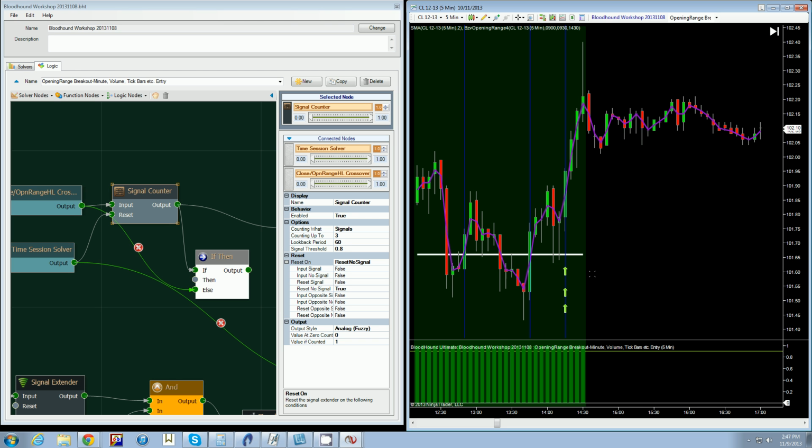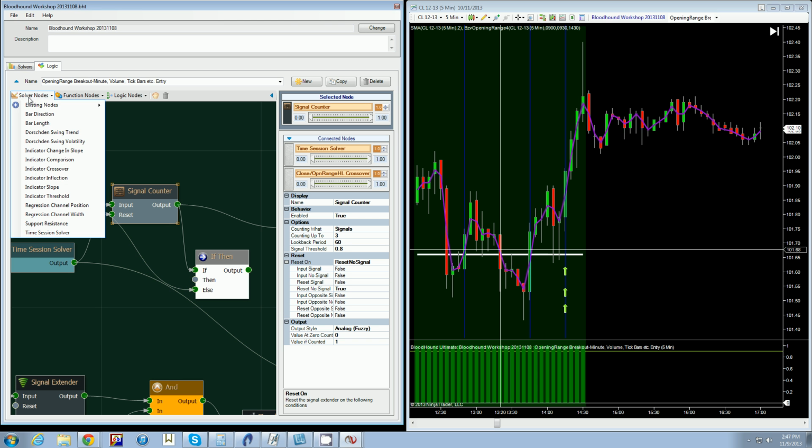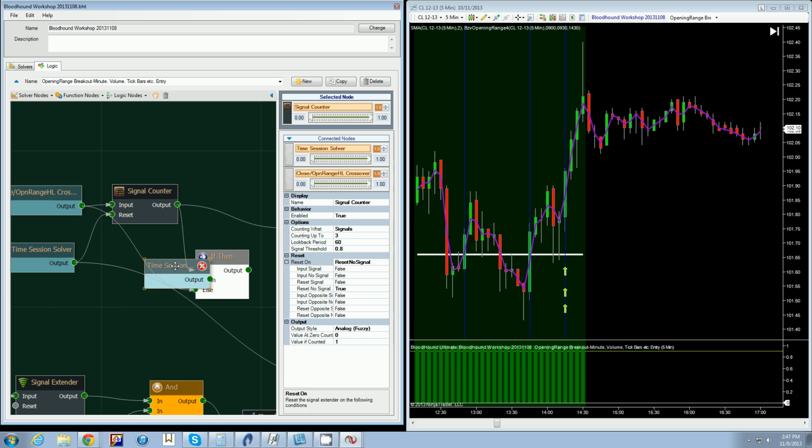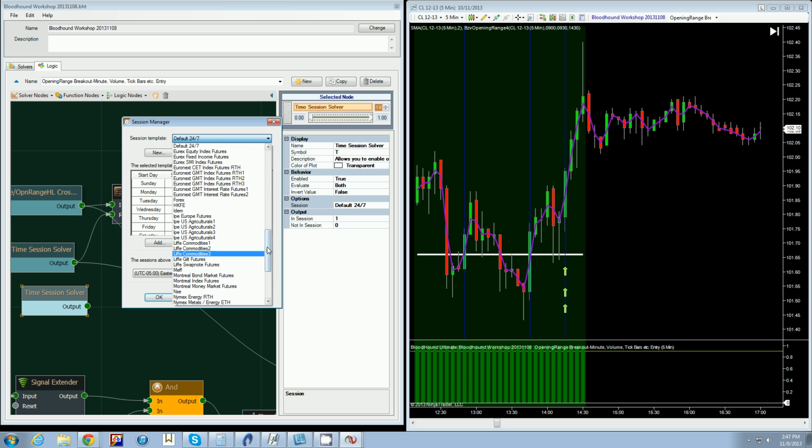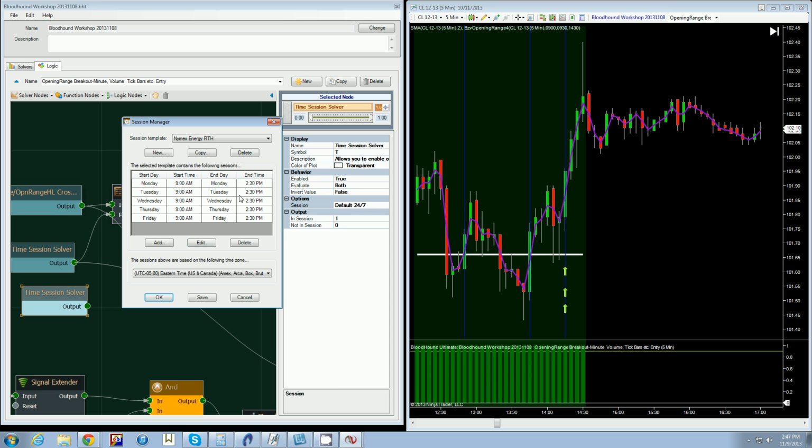So after 2:30, I choose a time session solver and go to the session. It comes default 24/7, but go and find it. Crude oil is traded at the NYMEX, so NYMEX Energy RTH, regular trading hours. Okay, that means the hours from 9 a.m. to 2:30. That's the pit session, the regular trading hours. Okay, so choose that. You can also create your own custom template, but choose the NYMEX Energy RTH, hit OK,